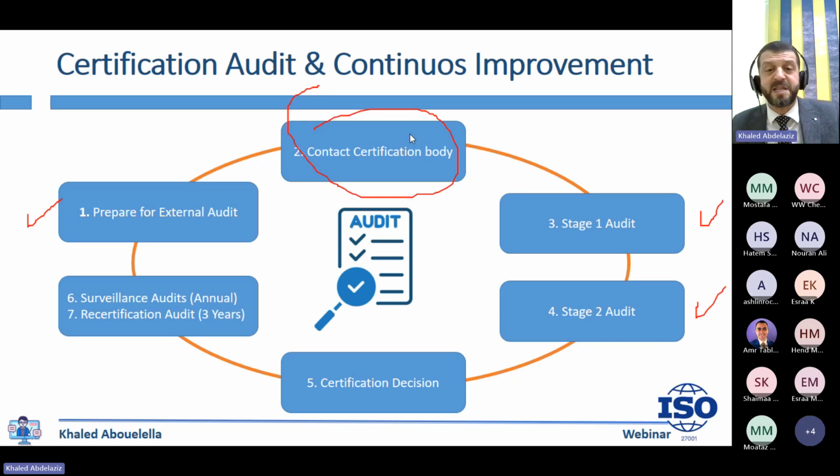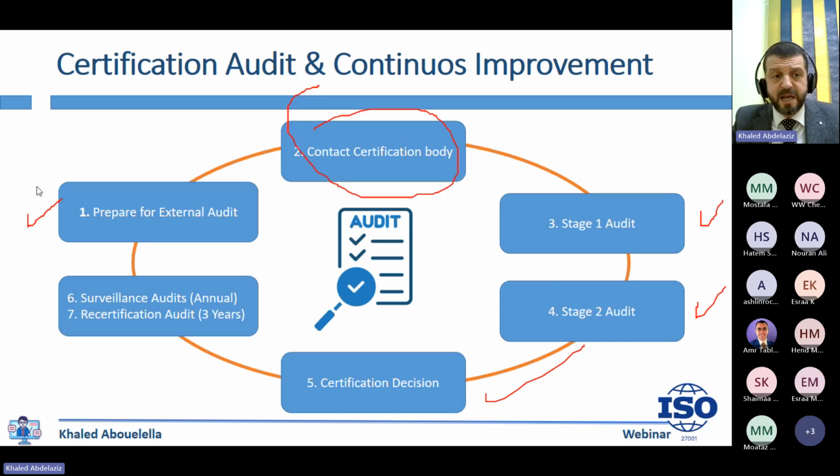Did you conduct a risk assessment? Yes. Show me. Does it comply with the risk assessment plan? Yes or no? Sit with the employees and interview them. See if they know what they are doing in the information security management system or not. This is stage 2. After the internal audit, this is the certification decision. If compliant, the ISO 27001 certification is issued, and it's valid for 3 years. If there is any non-conformity, the client or organization should provide corrective action.